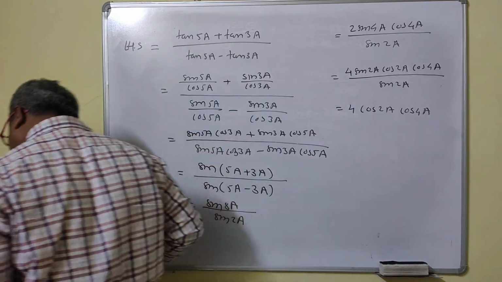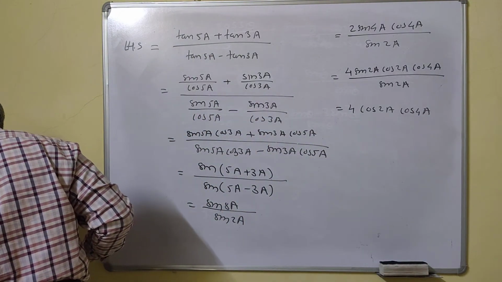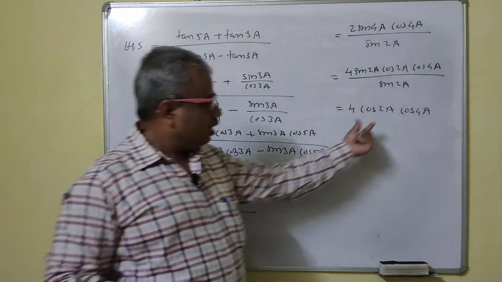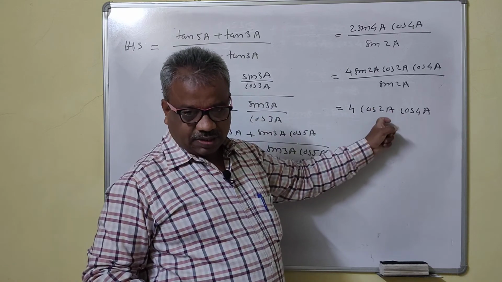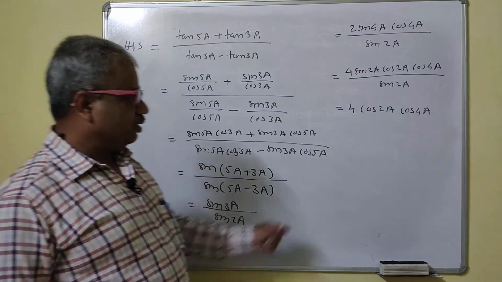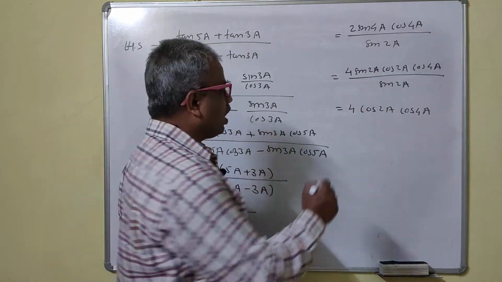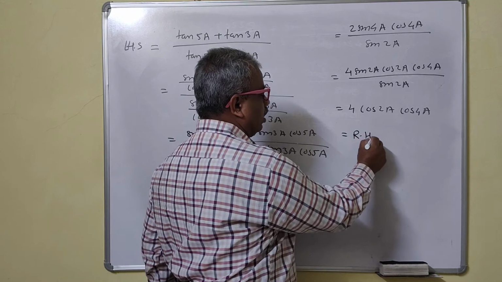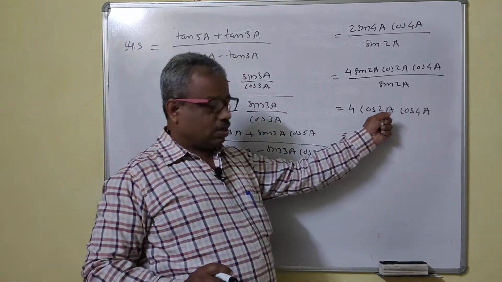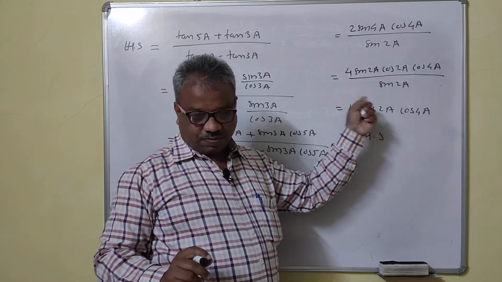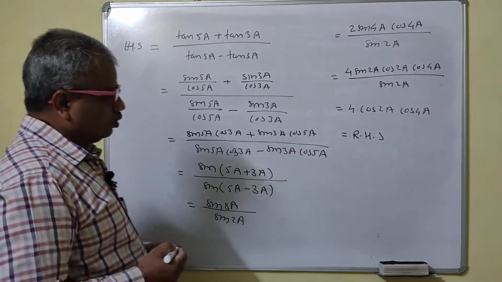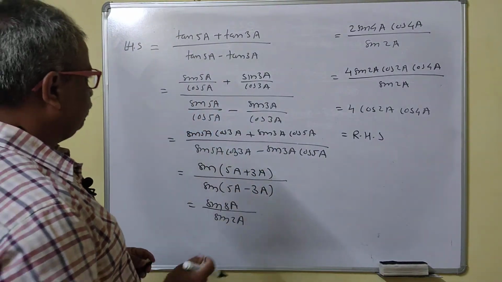What is the answer? That is not cos square a, it is a printing mistake. Write that as cos twice a. Okay? This is what here, cos square, right? That is a printing mistake. Just write cos 2a in the main problem. Just make a correction. This is not cos square a. So this is your RHS now. This is your RHS. So do the correction, that is what? Cos 2a. Do the correction in your main problem. Show that. So we'll get to this one.